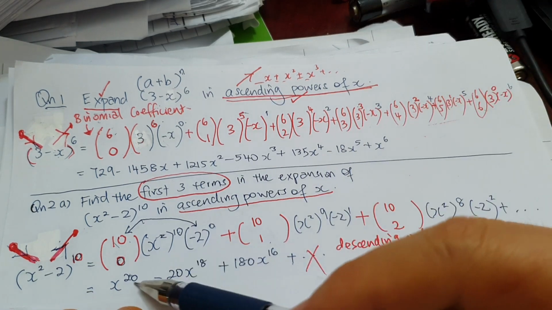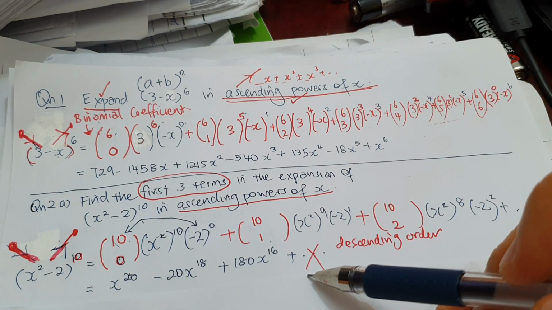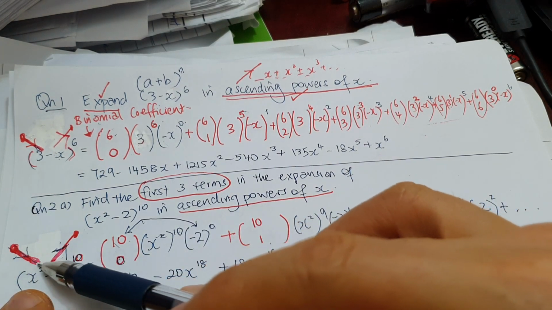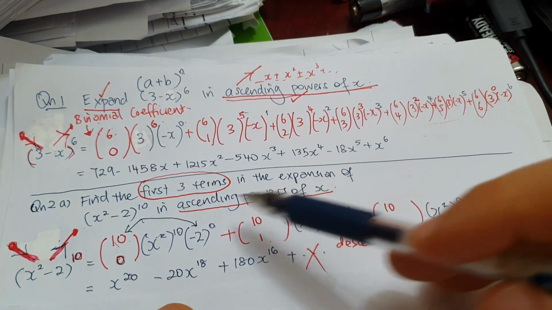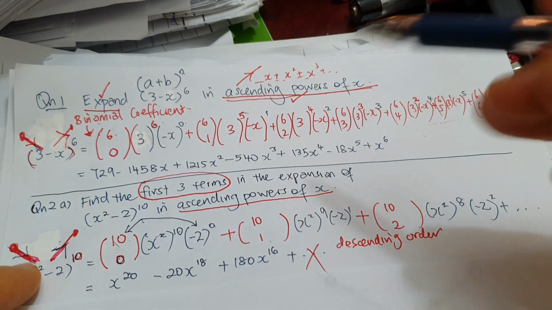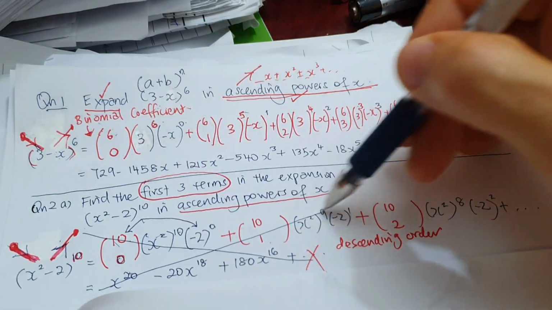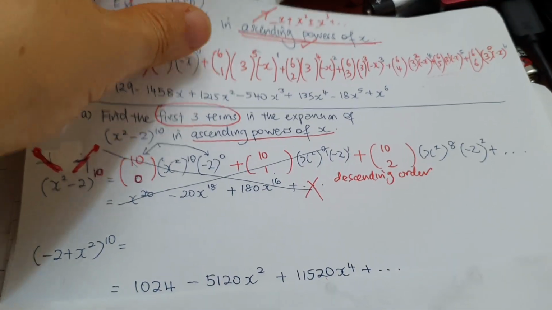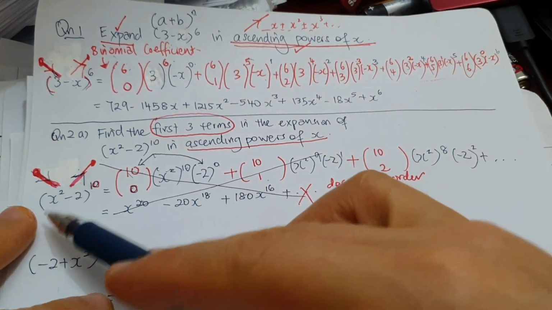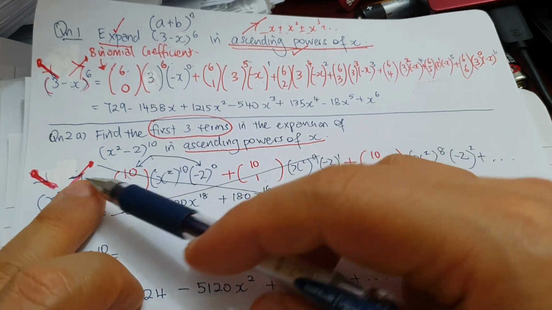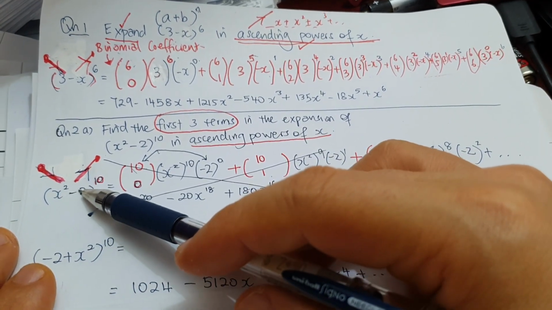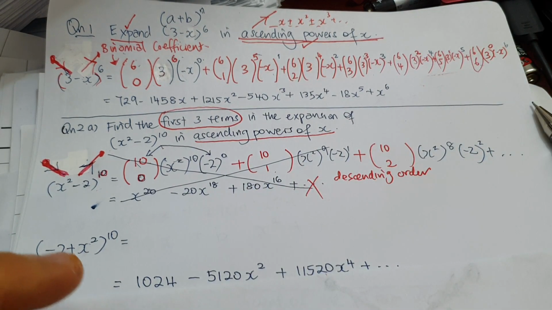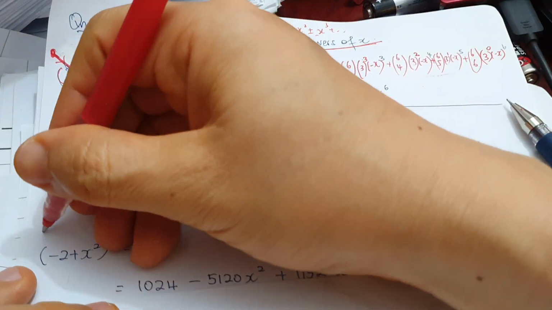Alright? So as you can see, as I was saying just now, this method is wrong. Okay, why wrong? Because if I put the x square here, this x square will be in descending order. They want ascending order. Okay, so how do I rectify this problem? So this is wrong. I'm just showing you that it is wrong and that the position that you put the terms is important. There are 2 terms here, 1 term, 2 terms, right? So the minus 2, if I put it in front, and then the x square, I put it at the back, using our AND analogy, the AND head,